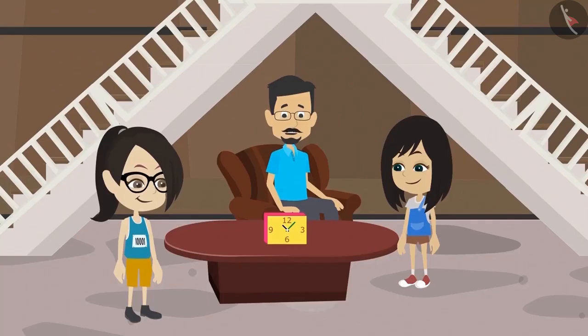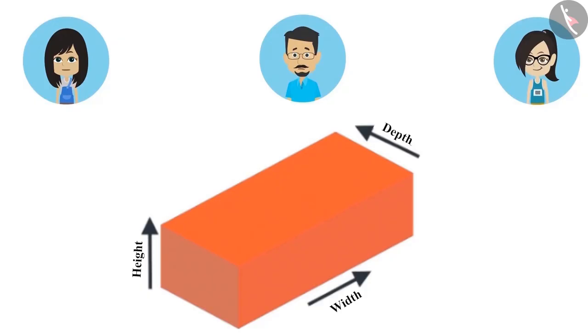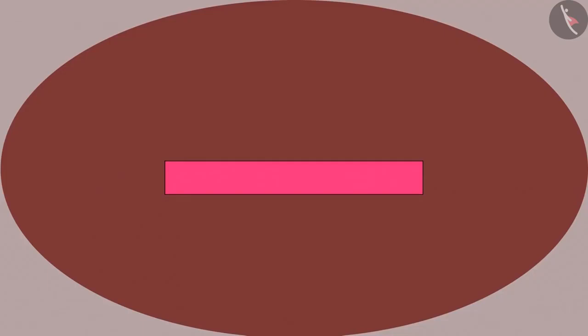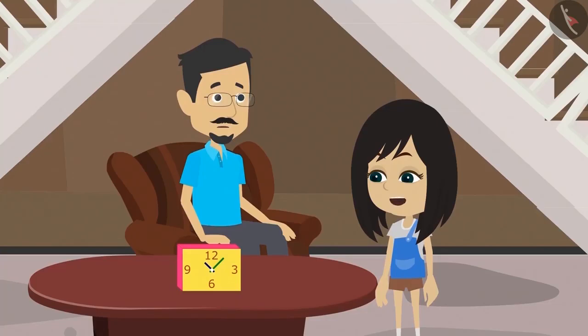This means that every object has 3 dimensions. Those are width, height, and depth. Yes, we had learned this while learning about bricks. To measure bricks, we use 3 dimensions. Yes, and because of these 3 dimensions, an object appears to be having different shapes when viewed from different sides. For example, when you look from the top, the clock looked like a rectangle. But when you saw from the front, you could see a clock. Now I have understood a little.